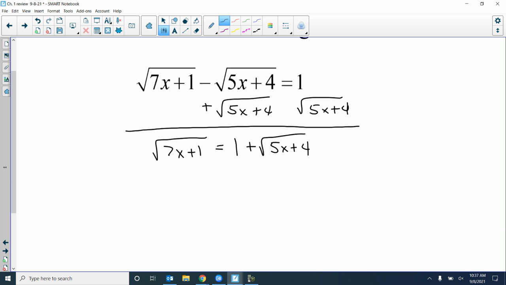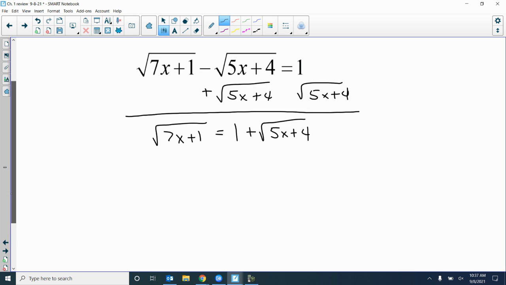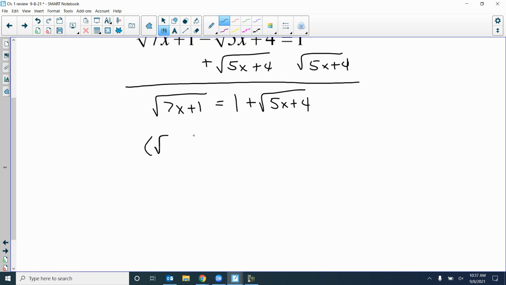Square everything. You have to watch how you say that. You may be right, you may be wrong. We do have to square, but you need to say square both sides, because you can't just square the individual pieces. If you meant square both sides, you're right. Which means when I square both sides,